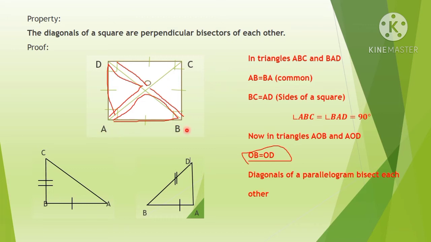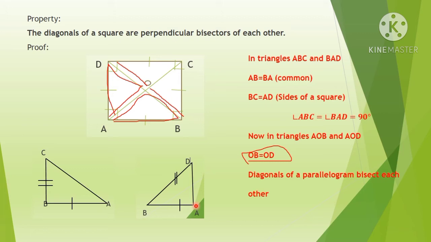Look at here. For triangle ABC, AB is common. And for triangle BAD, I have drawn the triangle separately. For triangle BAD, BA is common. So for both, the side AB and BA is common, so that AB is equal to BA. Why? Because that is a common side. You can write that in a bracket.